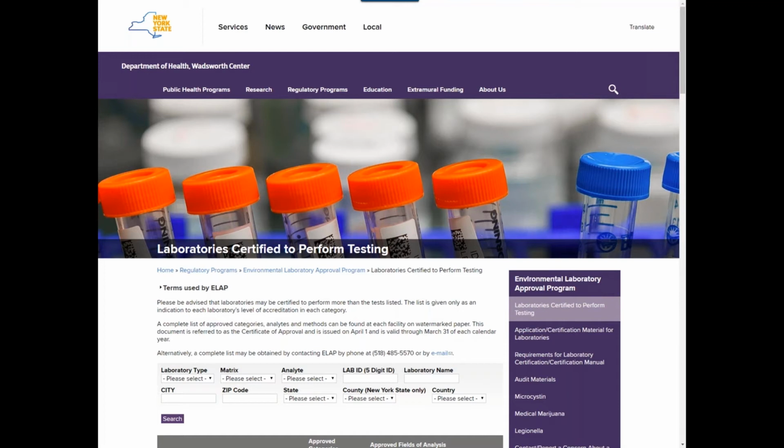One thing I will say that I forgot to mention, a certified lab may use different methods for a private well that's not a regulatory sample. And it may not be as good of a method. I would ask, and if they do use a different method, I'd find out what the difference is, or tell them you want a sample using the certified methodologies, and it may cost a little more, but you're going to get a better result, a more consistent result.